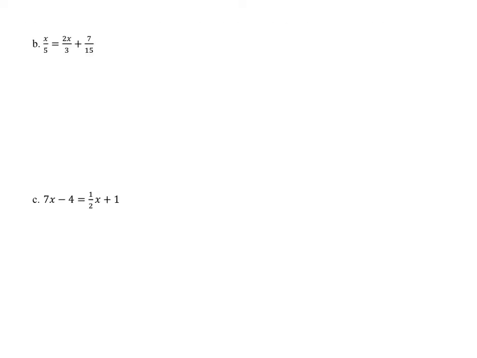All right, now let's take a look at this next one. Well, we have 3 denominators here, a 5, a 3, and a 15. The common denominator is 15 because 3 and 5 both divide into 15, and 15 divides into itself. So over here, I'll write the original problem out because I think it'll be easier. So I'm going to multiply 15 on all 3